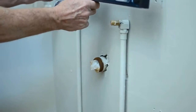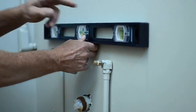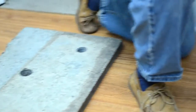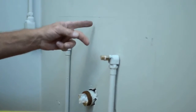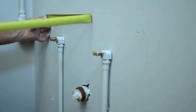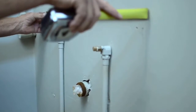We've made a level mark at 28 3/4. So we've come here and we've made a line, a level line. And then since we measured the distance at 23 3/4, on this particular one, you would want to center up off of where the drain line is going to be. So you'd center up and then you'd measure 11 3/4, really 11 7/8 each way, and that will line you up at 23 3/4. So you make those two marks